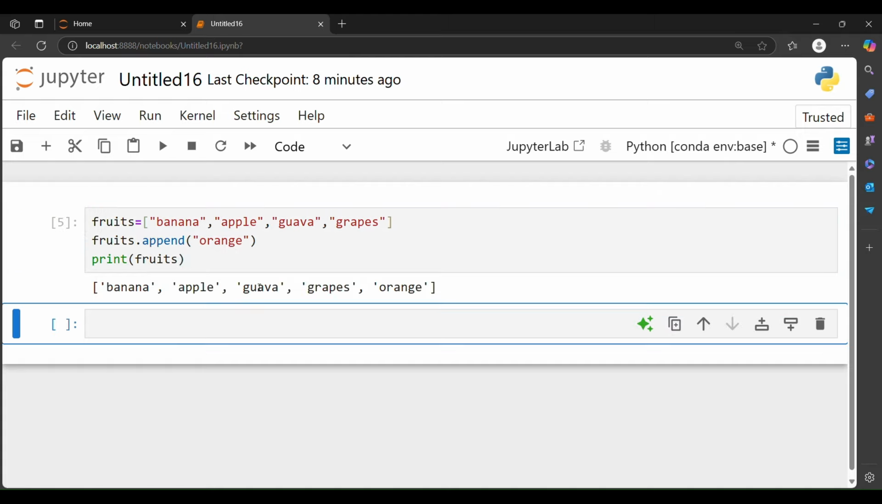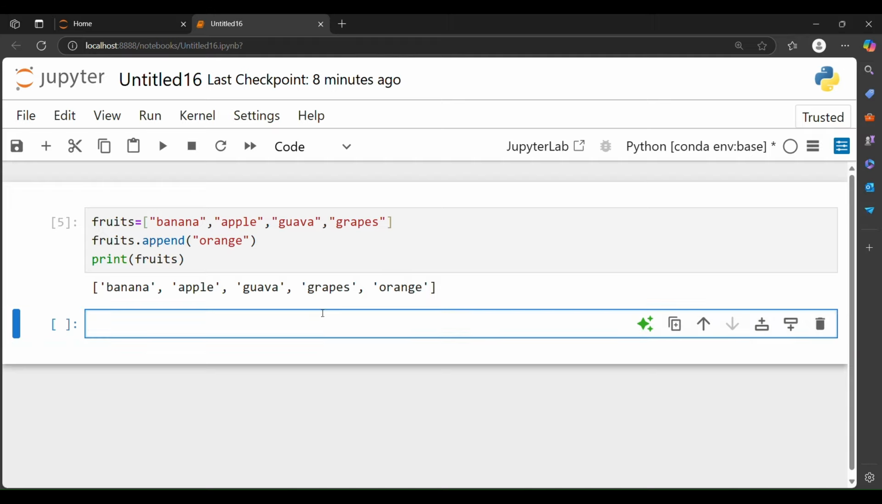So as you see, when we first assigned the fruits, there were 4 elements, but after appending orange to the list, there are 5 elements, 1 2 3 4 5, and the orange has been appended at the last index after the grapes. So I hope you are very clear with the process of appending an element to the fruits list. Now